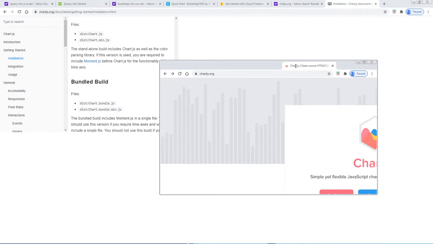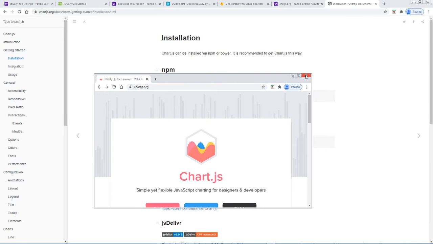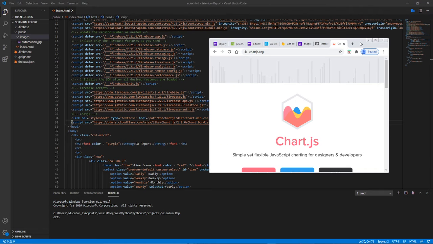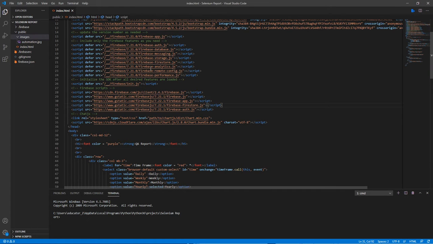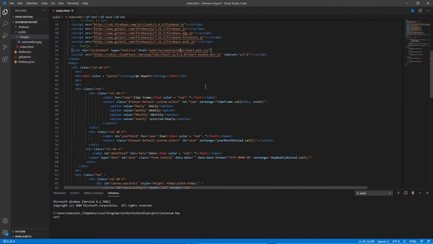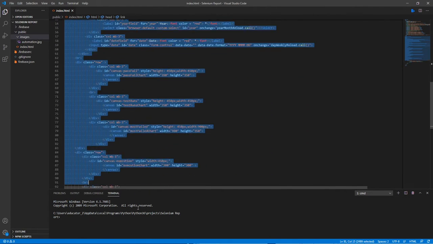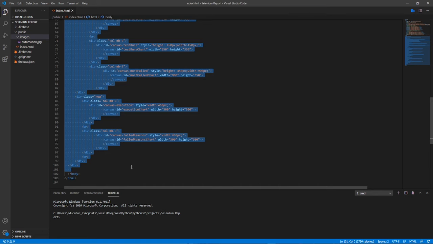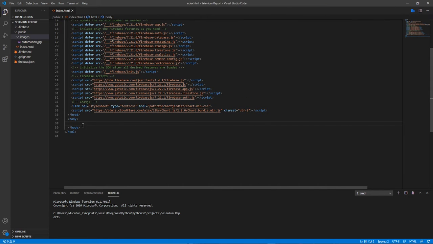So let me just shift it here. That's all that you're gonna need: jQuery, Bootstrap, Firebase, and then Chart.js. Another thing that I did, I went ahead and deleted here. I removed everything that was in the body tag. So our body tag was empty, so I added